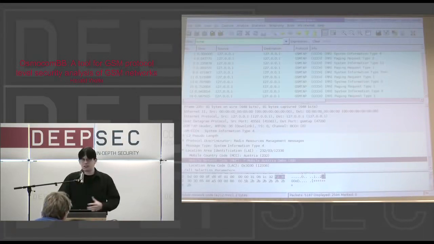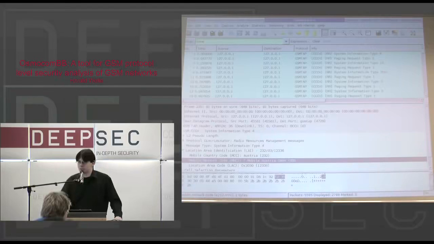Just interfering with the network, even without accessing any information that you shouldn't have access to, that's a separate offense. But just interfering with a public network has that kind of penalty. So the kind of tests that I've been doing are either against my own network, which is not a public telecommunications network, or at an operator where we actually had permission in the lab to do those kind of things. So if you do this on a public network, then quite certainly you will find a criminal offense,